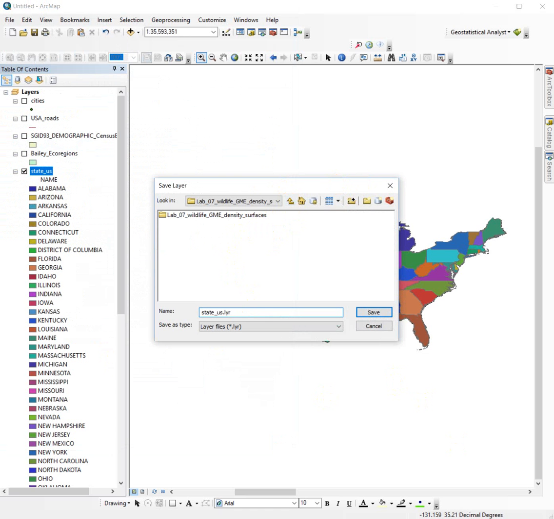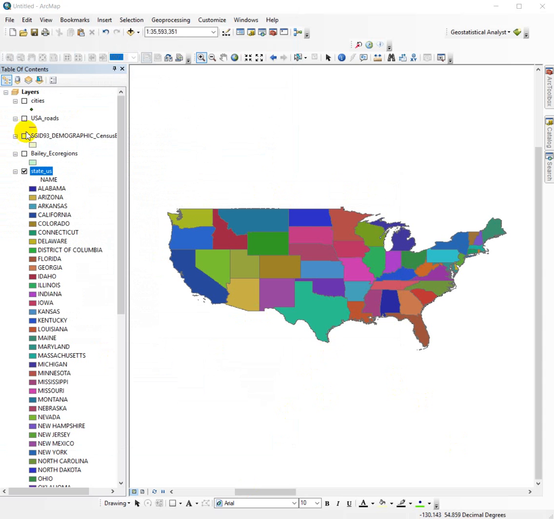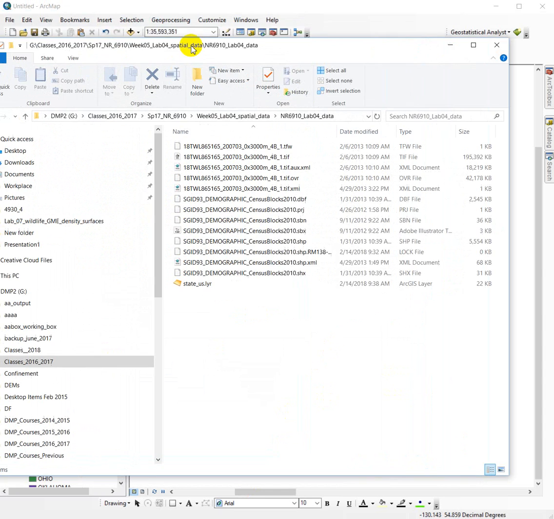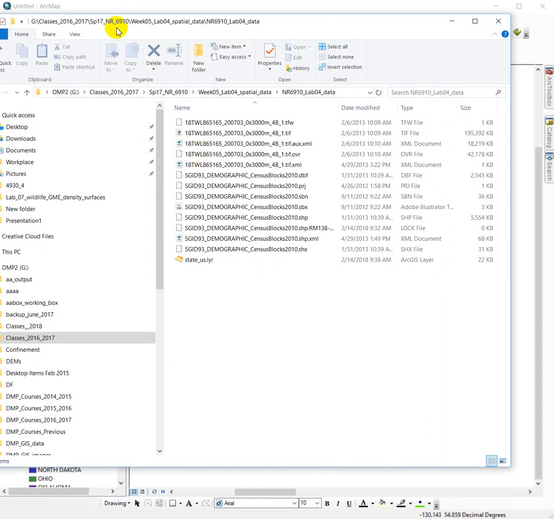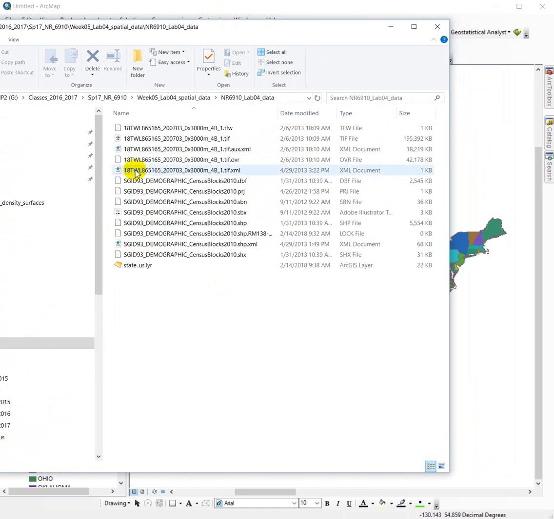Hang on, I'm going to navigate. Okay, all I did is navigate to the folder and then save it, but this is what I want to show you. In Windows Explorer, this is the data folder that I gave you. Oh, I did census blocks instead of the state US layer. Sorry about that. What I should have done was the census blocks, but what I want to show you